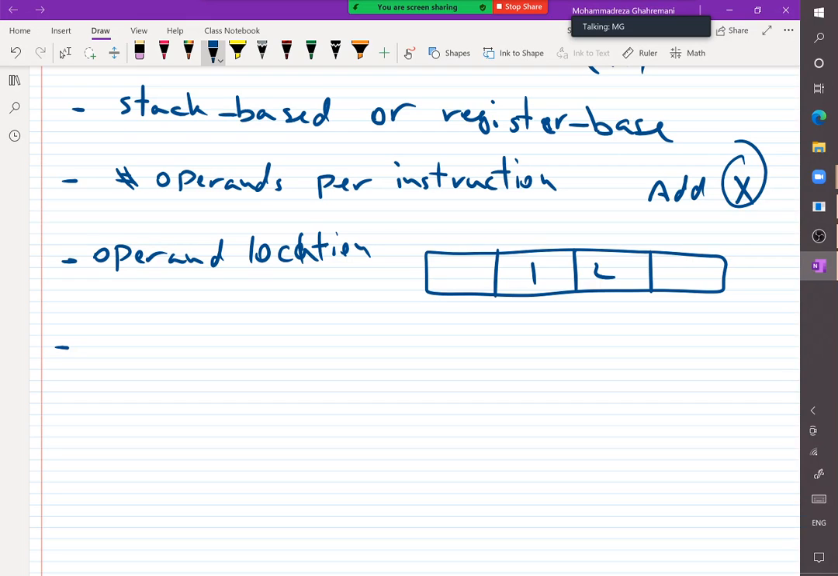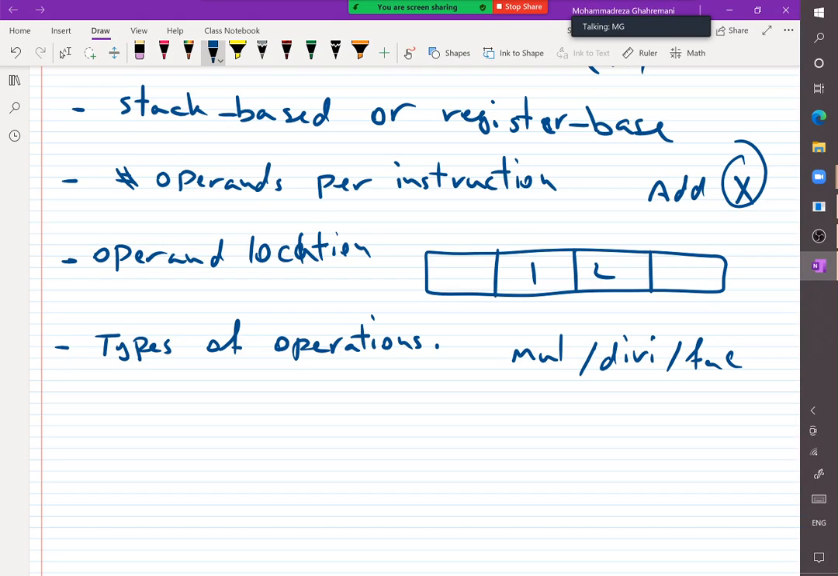Then the next differentiation is types of operations. What type of operations are supported by these instructions? For example, for microprocessor, we have add or subtract. Can we multiply? Can we divide? Can we factor, or any other operations? What different type of operations do we have? And finally,